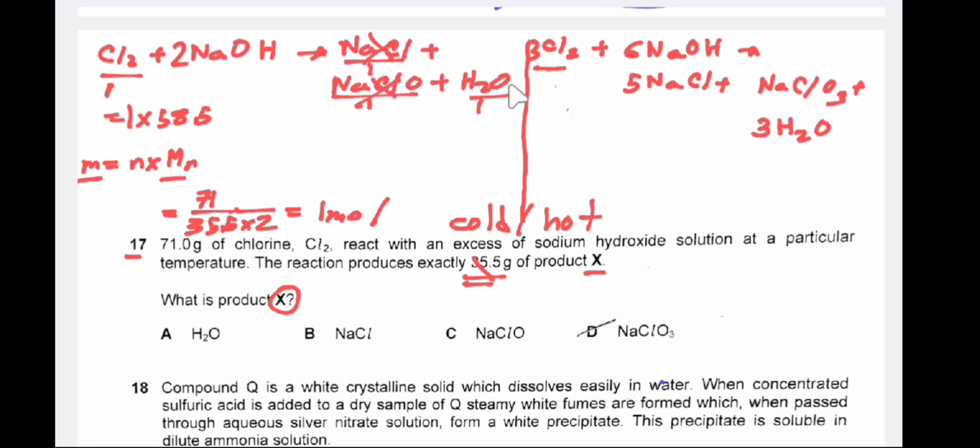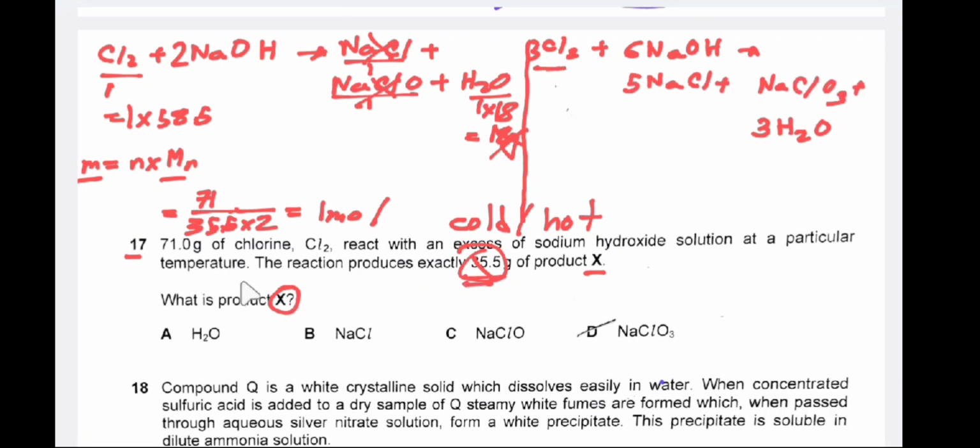For water, oxygen is 16 and hydrogen is 2, in total 18. So mass in grams is equal to number of moles, 1 mole of water, into its MR, that is 18. So we get 18 gram of water, but we need to find 35.5 gram, so this is wrong. Then with hot sodium hydroxide,